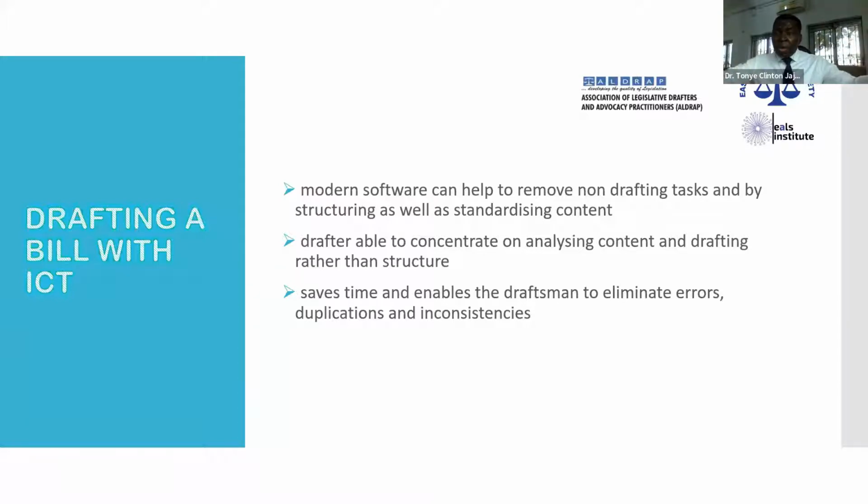If I give assignments to lawyers to draft bills, when they return the bills to me and I mark them, I may say the lawyer from South Nigeria scored 100%, and I say to the lawyer from Eastern Nigeria, you scored 20%. The lawyer from Eastern Nigeria may not be happy with me. He will say,